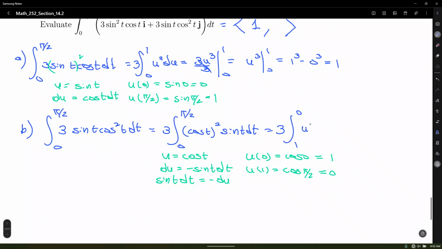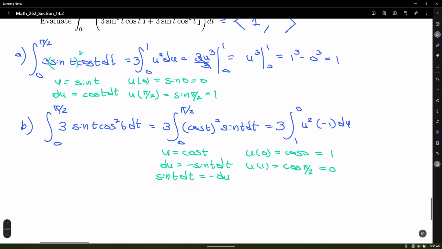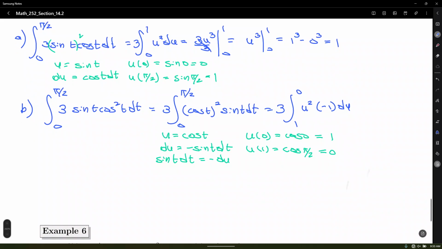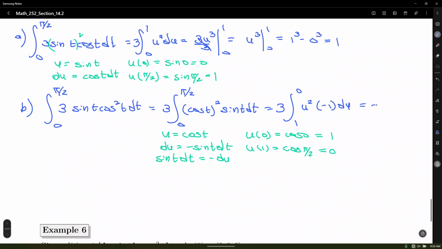So, this is u squared times negative 1 times du. Where did I get the negative 1? This negative right here, all right? So, let me take that negative outside. That is negative 3 integral of u squared du